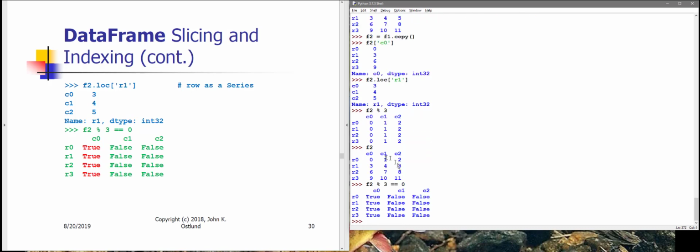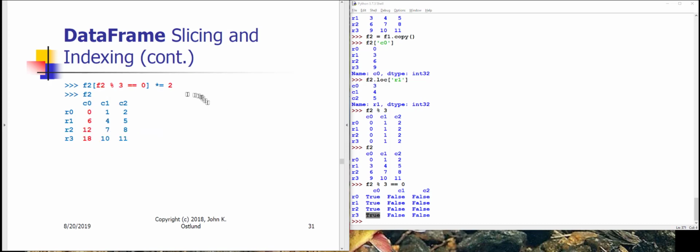Okay, so we can see here that column C0 is strictly integer values divisible by 3, and so I get true back for each of those cells and false for all the other cells, and surprise, surprise, I can use that Boolean index